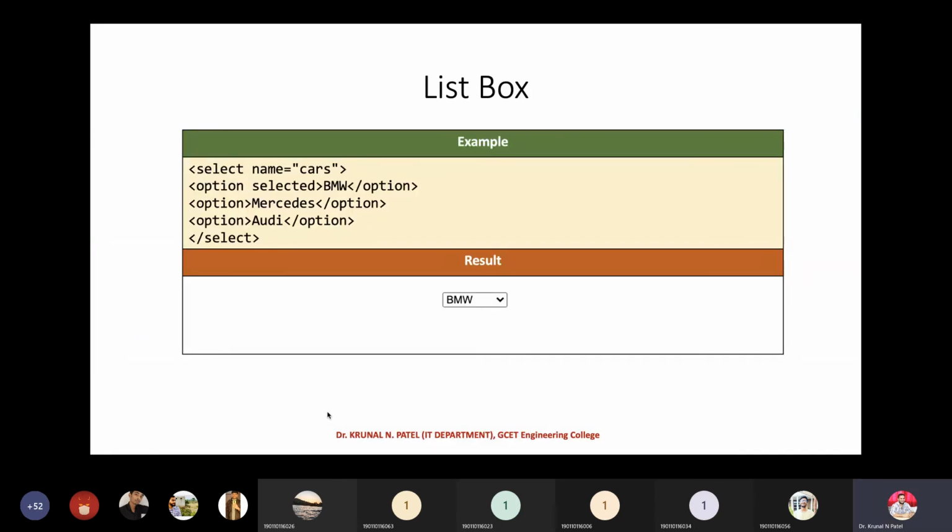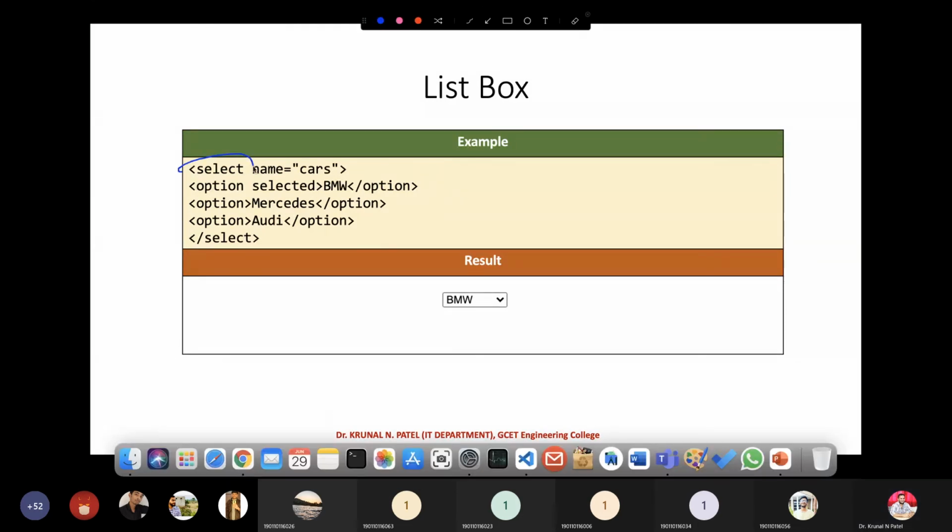It's a very simple example, guys. Here, first of all, you have to use the select tag like this. In between the select tag, you just go for options, so those particular options are there. Here you can see by default only one item is going to be displayed.